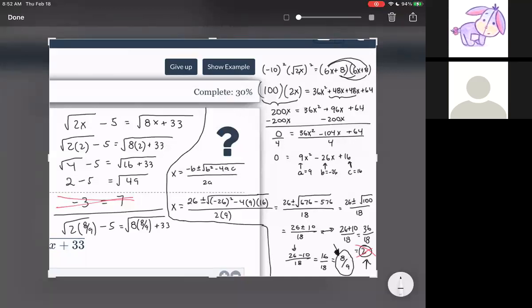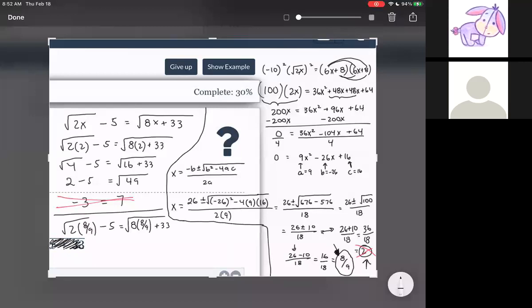Okay, I'm just going to use a calculator because it makes it a lot easier when you have all of the square roots of fractions and everything. So here, let me block this out so it doesn't get in our way. 2 times 8 divided by 9, and then square root that